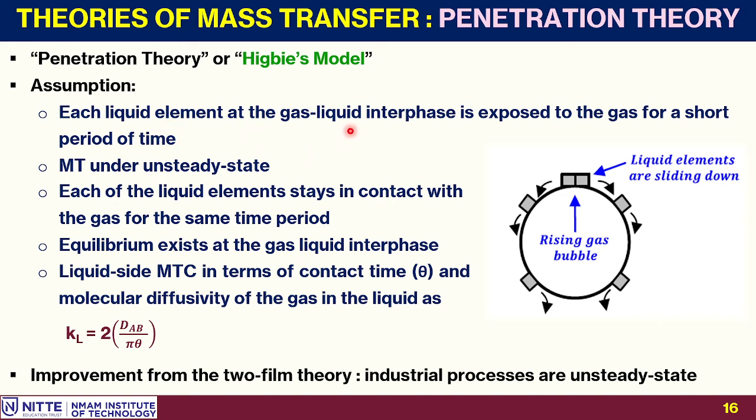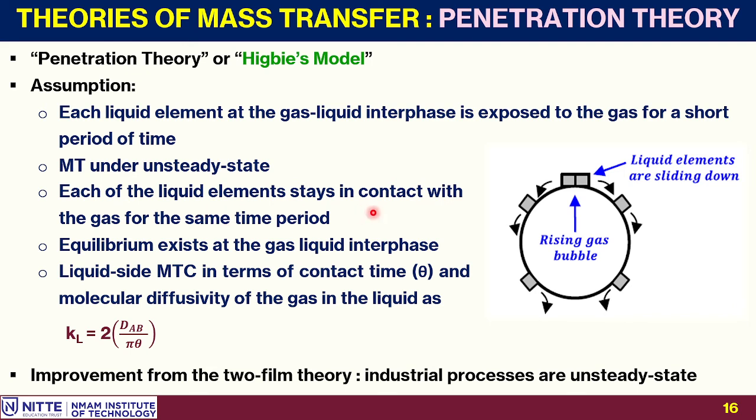Each liquid element at the gas liquid interface, that is, a gas bubble, is considered, which is present in a liquid. So, a gas bubble by surface tension forms a spherical shape. Within this spherical zone, gas is present, and the particular molecule within this zone will be moving out into the liquid phase. And when it is moving out, it has a thin film surrounding it. That thin film which is surrounding it is being explained over here.